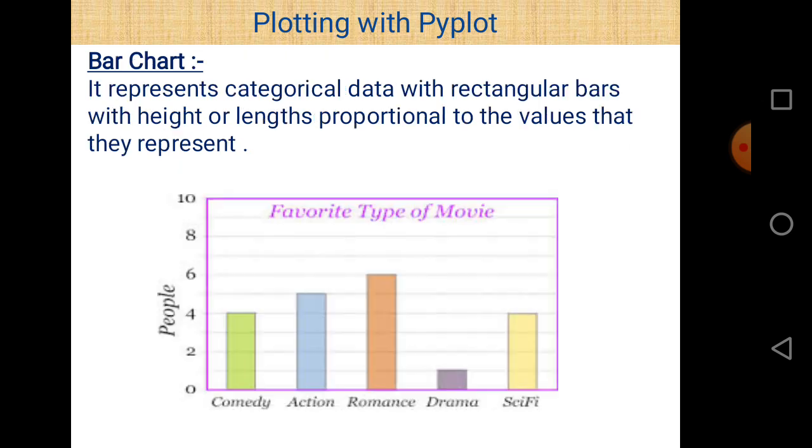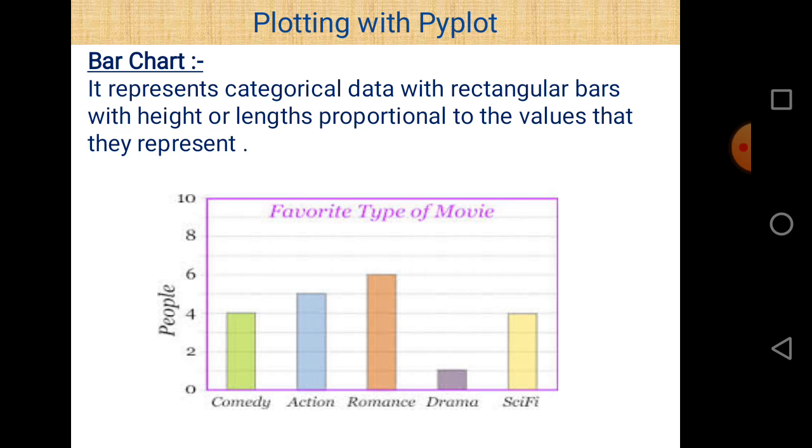And second one is bar chart. A bar chart represents categorical data with rectangular bars. So data is represented using rectangular bars with heights and lengths proportional to the values that they represent.